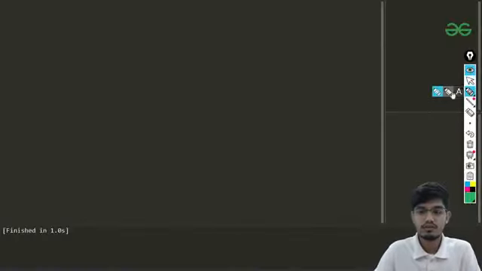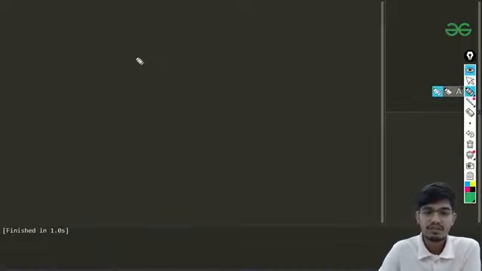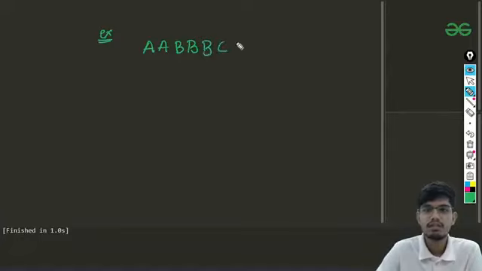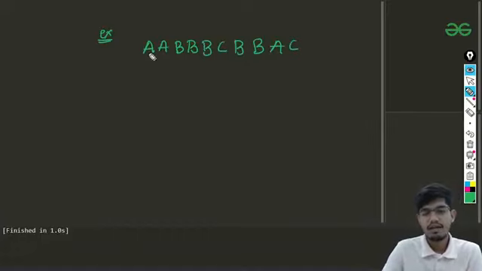So here is the code editor. Now we will take the example of the problem so that we can build up the logic here. The example I took in the starting was AA, BB, B, C, then we have BB, AC. First we'll come up with a brute force solution. What we are going to do is, first of all, find the distinct characters that are present in this. So how can we do that? There are many ways of doing that.